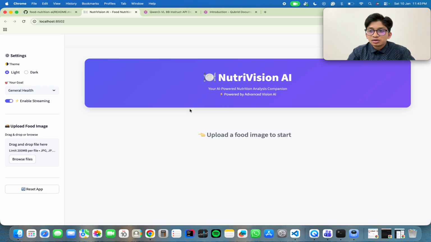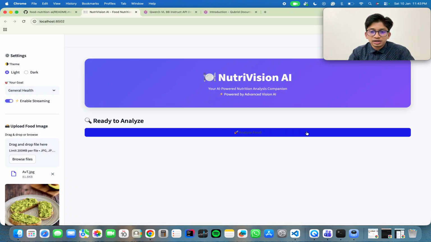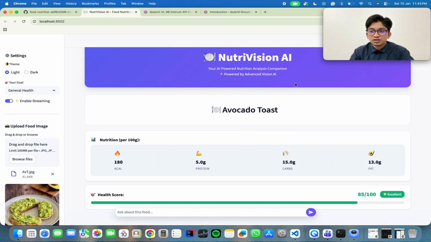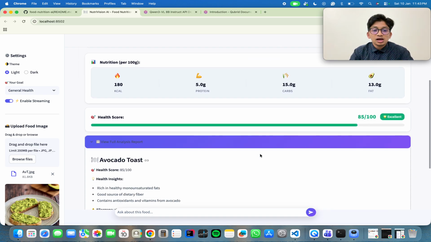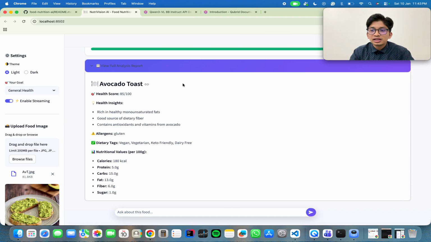So this is the dashboard of our NutriVision AI. We will browse a file, we will select a food item, we will analyze it. So it will give us the name of the food dish, its nutritional content per 100 grams. It will generate a health score out of 100 to rate it, and further a full detail analysis report about